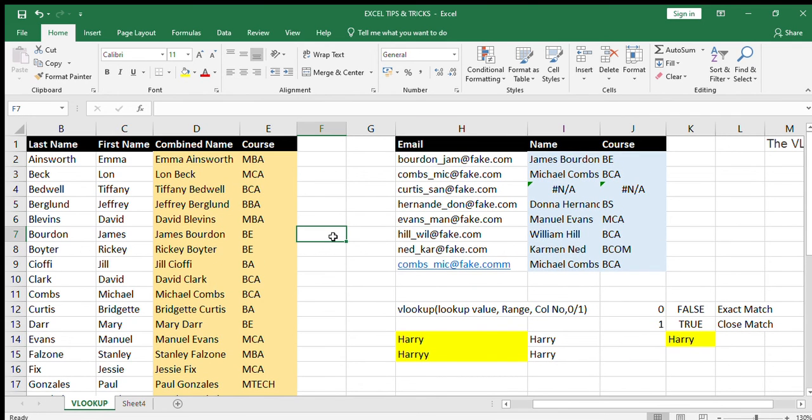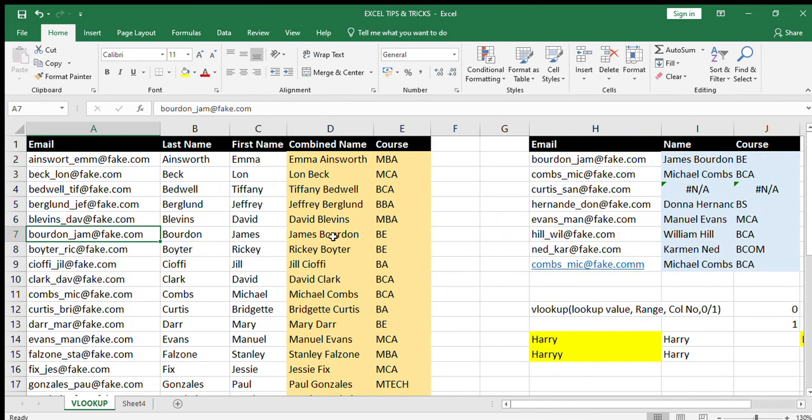As a best tip, I would suggest that you should use 0. Okay, but again, if you have a scattered data and you are dealing with value wherein you might have tendency of having small spelling mismatches, in that case you should use 1 in the last parameter. So that's it, guys, about the VLOOKUP function.